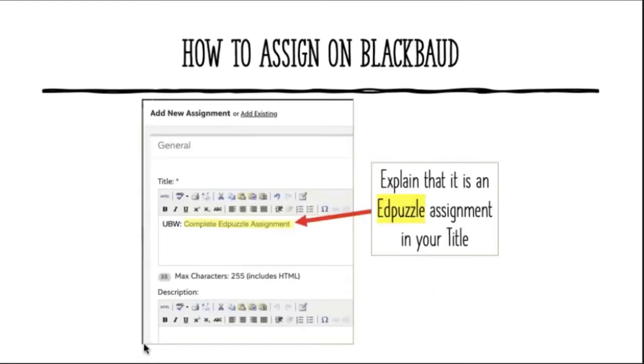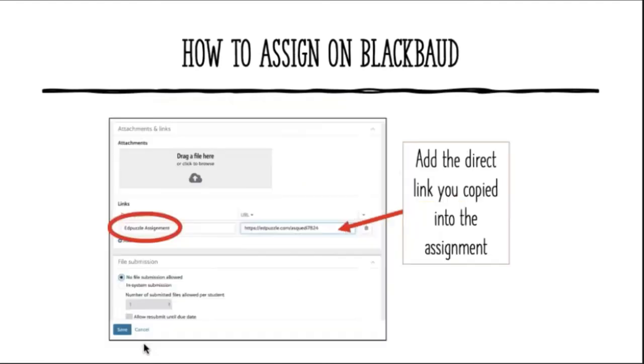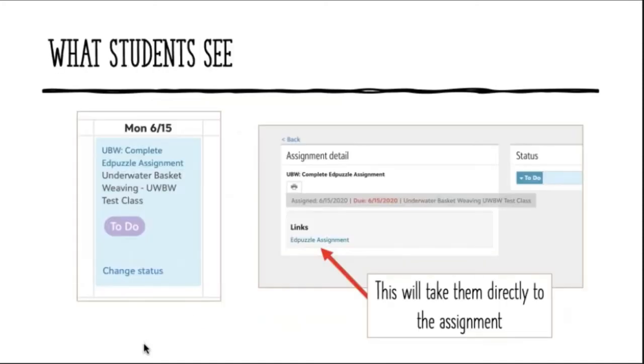So remember, mention that tool, whatever it is, even if it's like lesson 5.6 lecture, mention in Edpuzzle, there's lots of clarity for them about where this is going to be. And then you just throw that link in so that they can go straight there. The more we do that, hopefully the less we have to chase kids and the less frustrated hopefully they get. And then for them, like I showed you at the beginning, it's just clicks and it takes me right in.